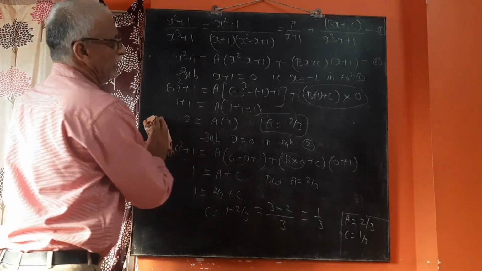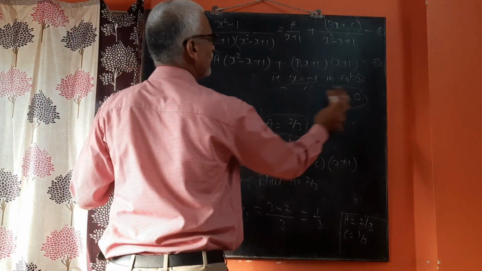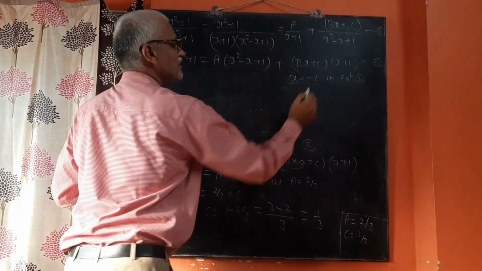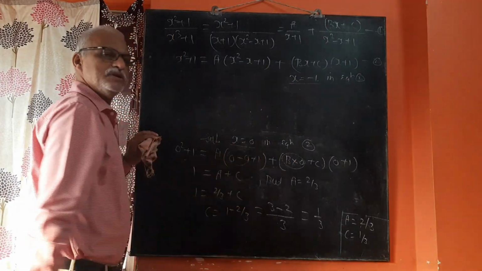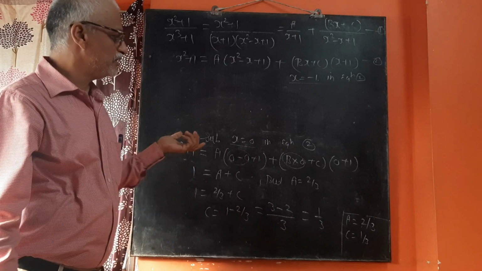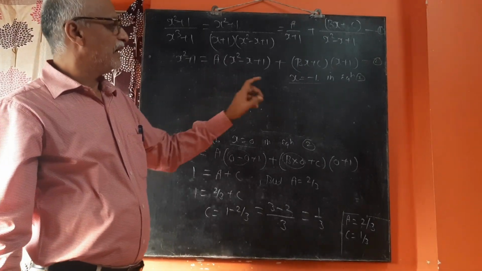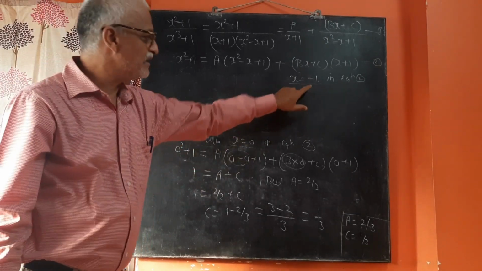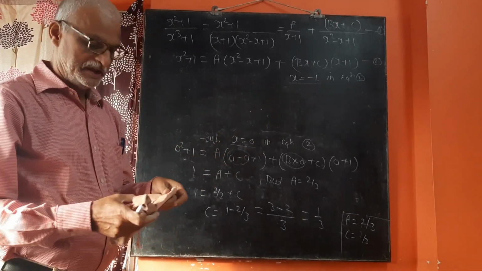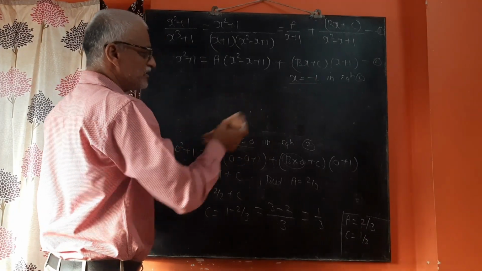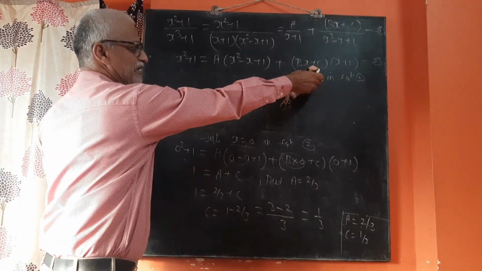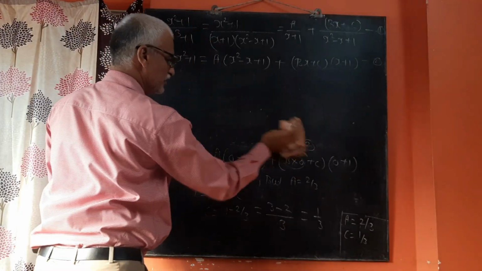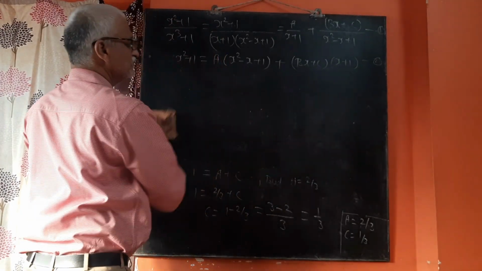Now we have to find out the third value. For the third value, you have two substitutions, x equals minus 1 and the second one is x equals 0. The third substitution we have to substitute x equals to any other value than minus 1 and 0. Except minus 1 and 0, you may substitute the third value as any other value. So the best value is, minus 1 is done, 0 is done, then the next one is 1. Substitute x equals 1,